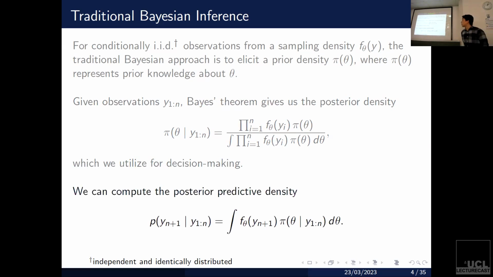Now, one tool that comes up a lot in model selection, for example, but also in prediction in general, is to compute something called the posterior predictive density. So this is going to be the integral of the likelihood over the posterior for a new data point. It's going to represent your subjective predictive distribution on the data point y_{n+1}, given what you've seen from y_{1:n}. And today we're actually going to start with the thing on the left, and we're going to work backwards and figure out how this is connected to the Bayesian posterior. And I'll talk a little bit more about why that's going to be interesting.